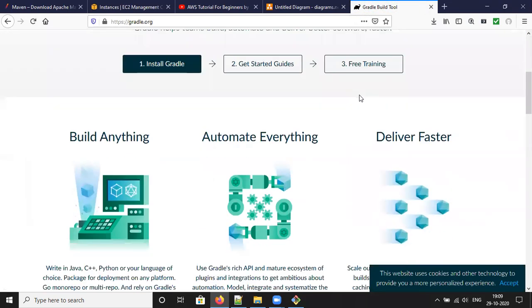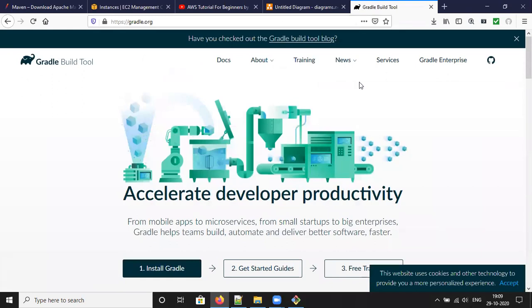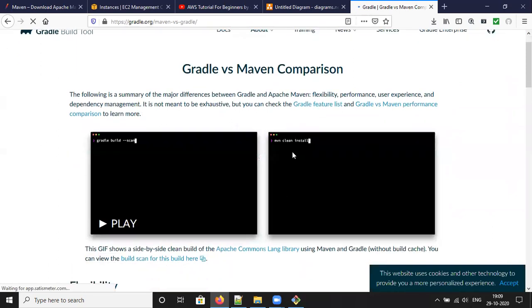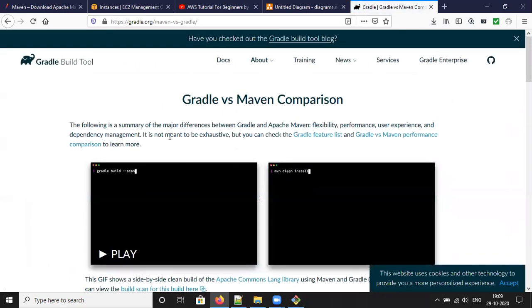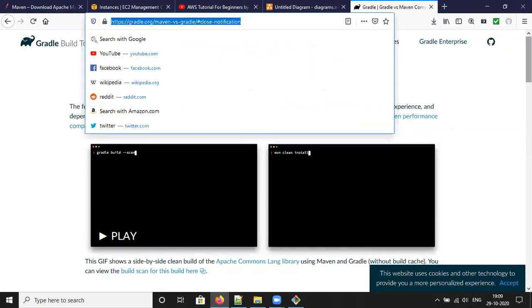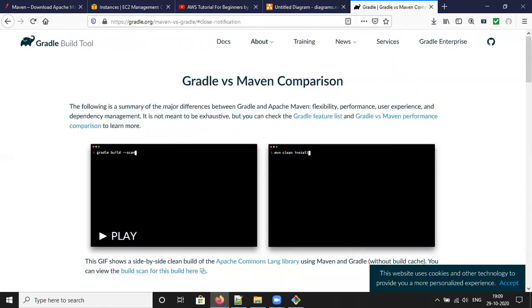See, everything is in the documentation: Gradle releases and features. If you check Gradle with Maven, what is the difference between these? See, the following is a summary of the major differences between Gradle and Apache Maven: flexibility, performance, user experience, and dependency management. The most important thing in Maven is dependency management.